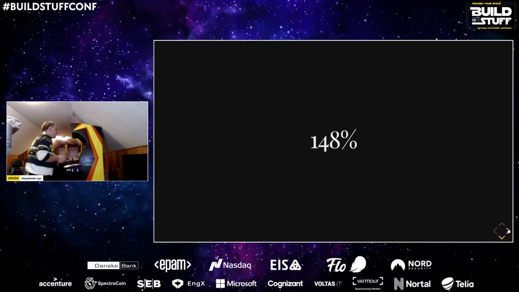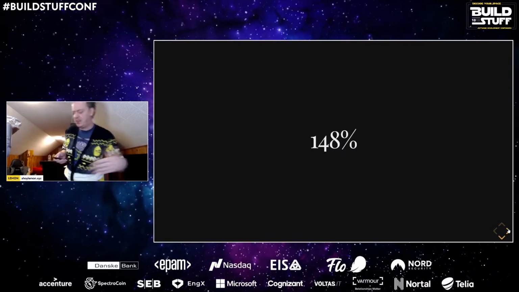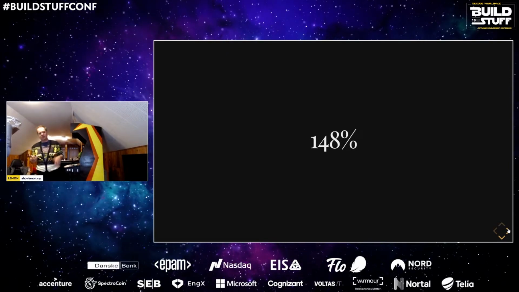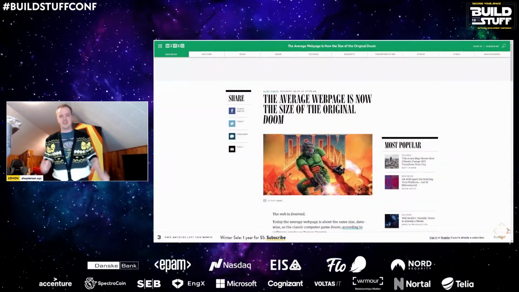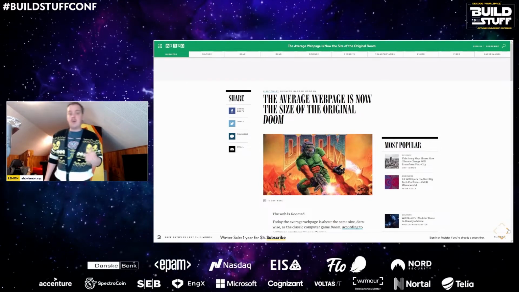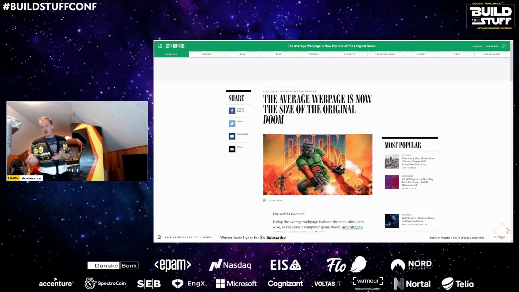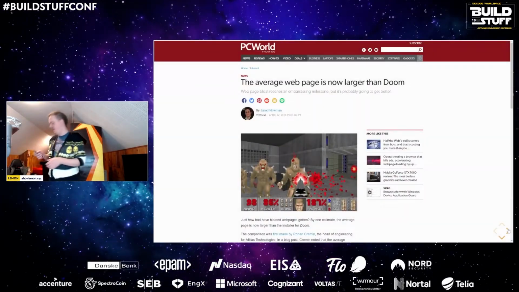But this thing that I noticed is not mine uniquely alone. I didn't exactly come up with this. I originally was reading about this in a blog article on Wired. The average web page is now the size of the original Doom. This dates all the way back to 2016, and then it was blogged about a fair amount from there. So once it showed up in Wired, it showed up in PC World magazine,